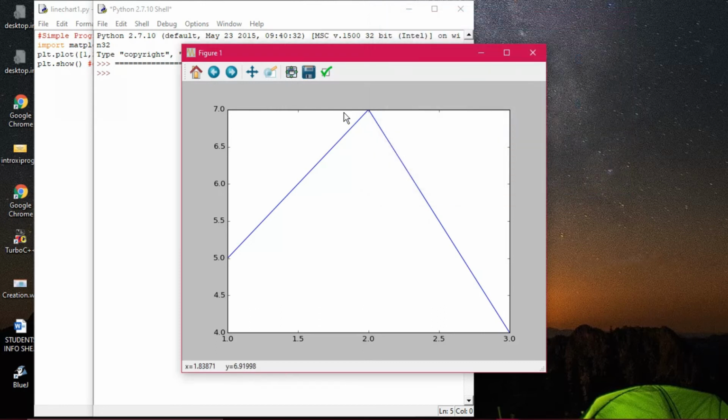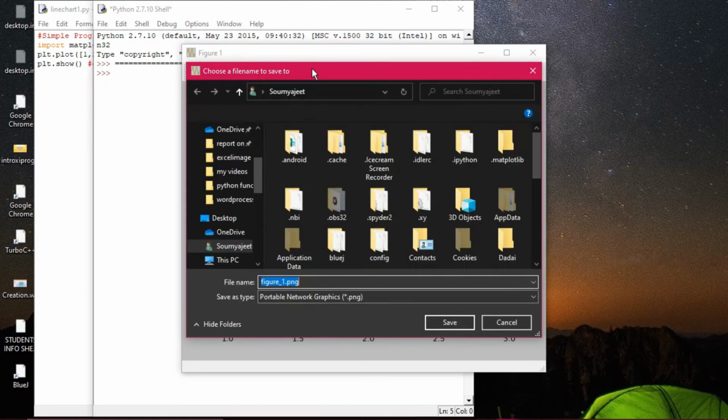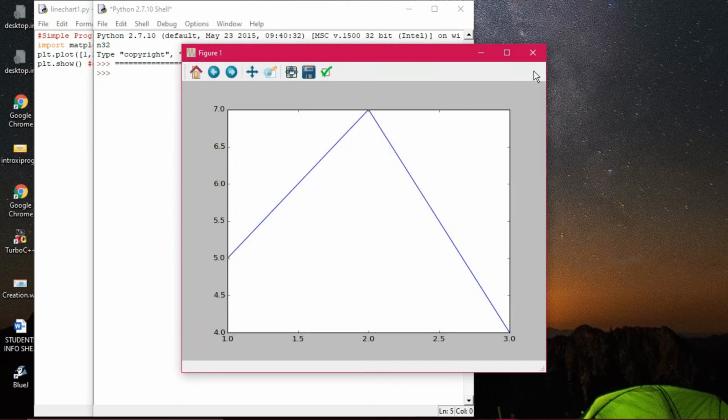If you click over here, it will take you to saving. You can save this figure to your directory wherever you like. After giving a name, you can click on save to save the graph of the chart. When you do it in the project, you will first save the program, then save the figure in this way. Afterward, you have to take the printout and put it in your file.